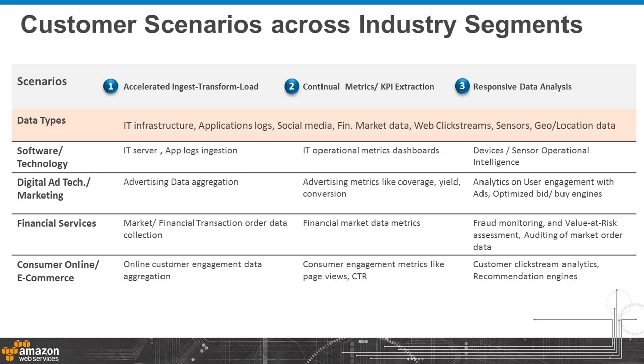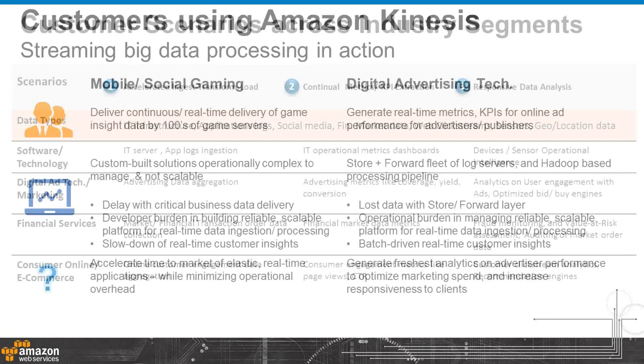In the consumer online space, this category of a scenario would include things like doing complex clickstream analytics, understanding the next best click, or to drive a recommendation system that can provide to the customer options that would ultimately drive further engagement with the consumer online asset. So we see this graduated model of how a variety of scenarios are being applied to a broader space of continuous streaming data ingestion and processing.